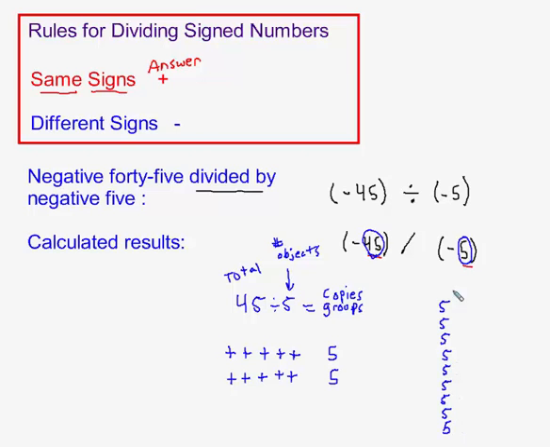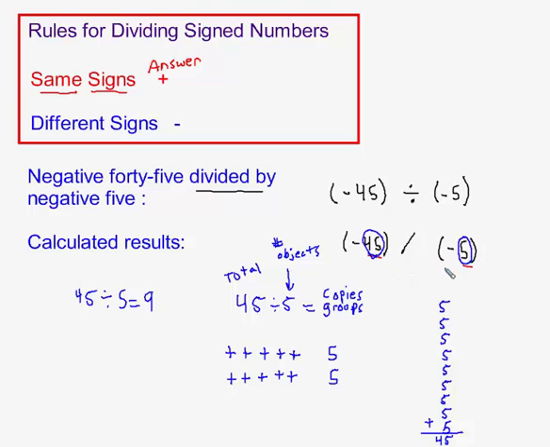So if you count the number of 5s it took, 1, 2, 3, 4, 5, 6, 7, 8, 9, it took me 9 copies of 5 to get a total, meaning add them together, of 45. So because 45 divided by 5 is 9, meaning that it takes 9 5s to make 45, gives me part